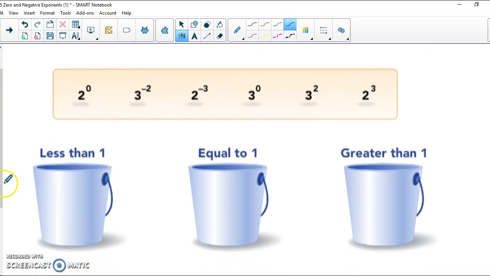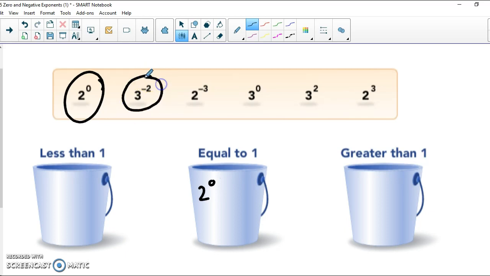So starting with 2 to the 0 power, anything raised to the 0 power, you got it, is equal to 1. 3 to the negative 2 power, this would be like 1 over 3 squared, and 1 over 3 squared is 1/9. 1/9 is certainly less than 1. So I'm going to put 3 to the negative 2 power in this bucket. 2 to the negative 3 power, I again know that this is going to make a